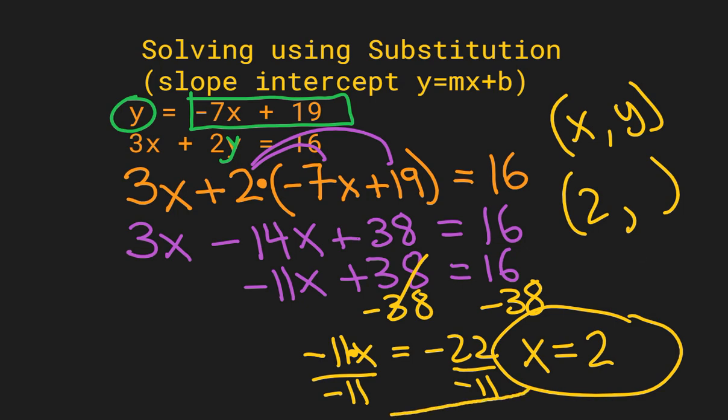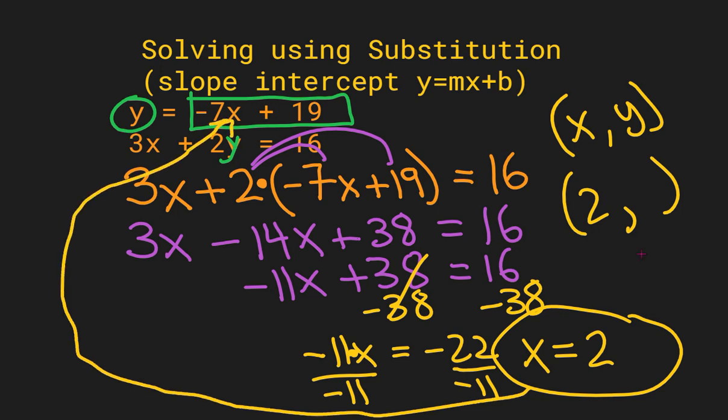So I need to take this and plug that in right there. Now that I know what x is, I can plug it in right there, and so I'm going to squeeze it in. Okay, so y equals negative 7 times x, which I just determined is 2,